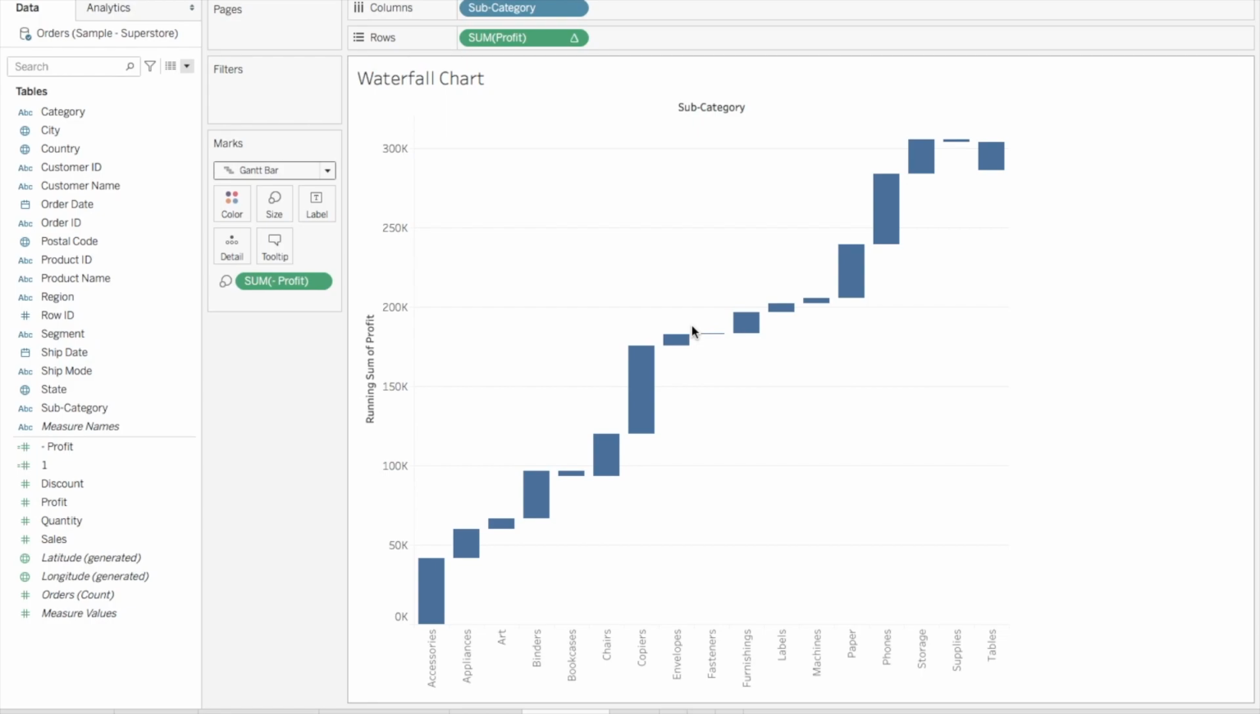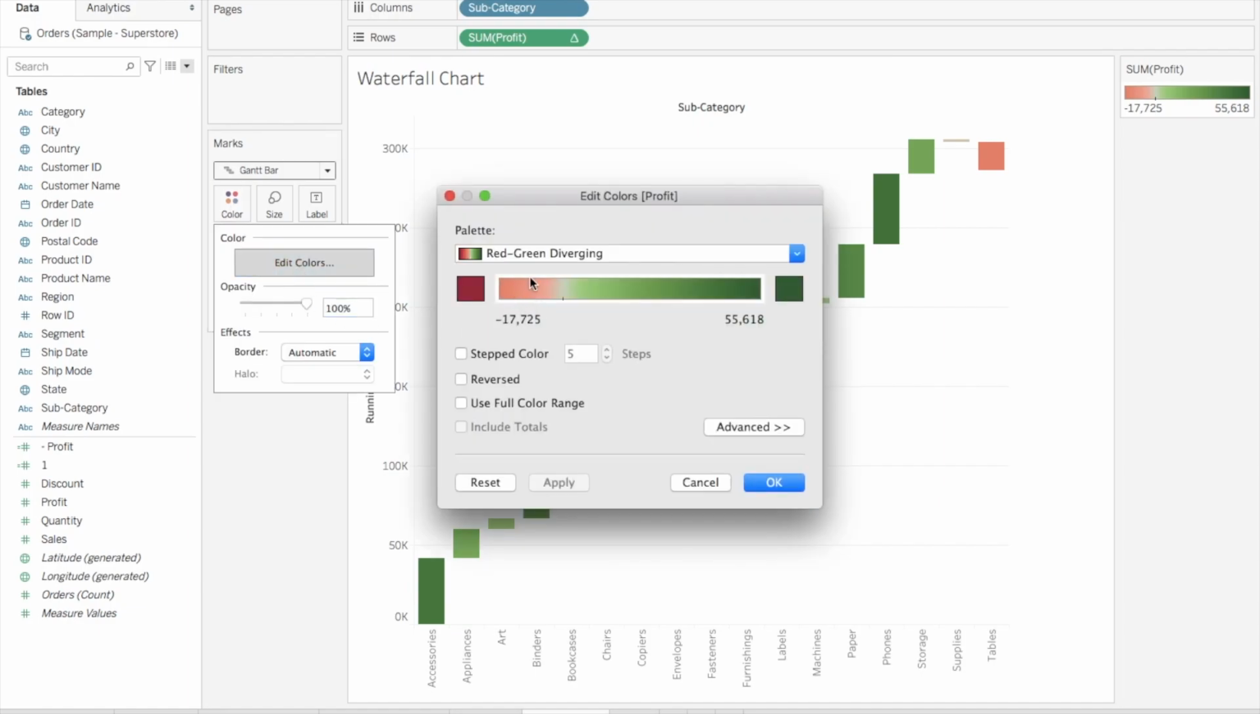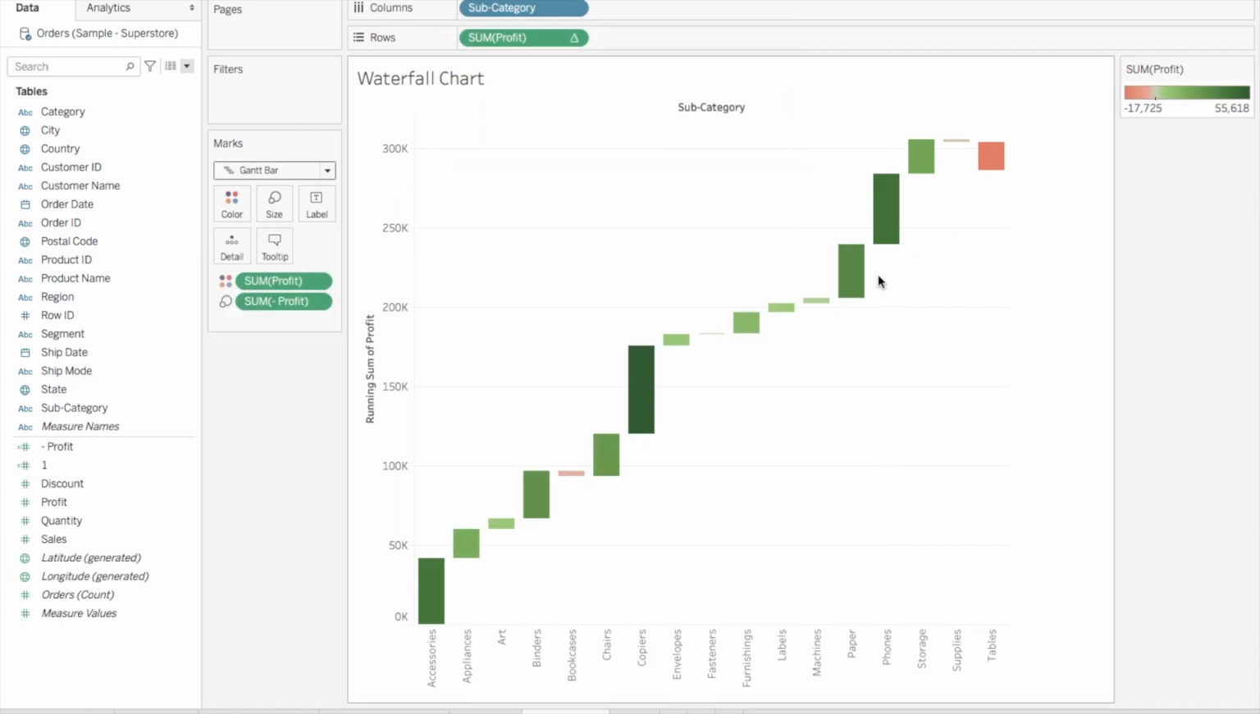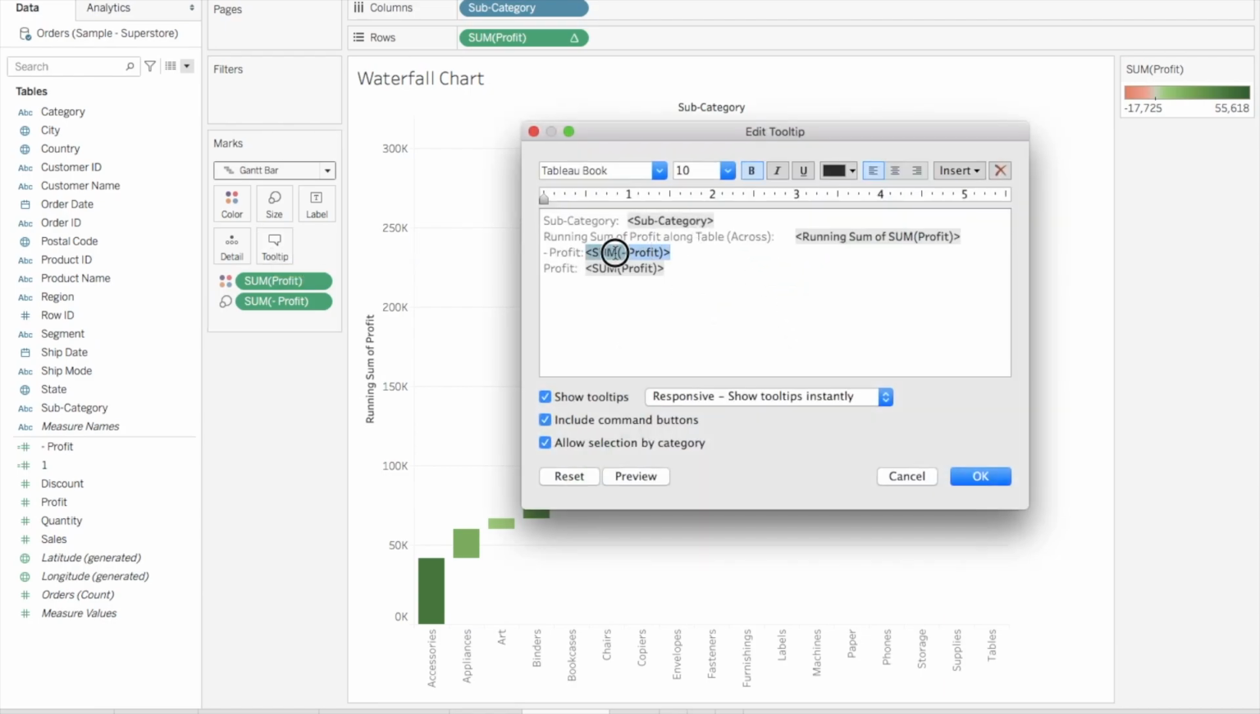But still this is not giving a very clear idea, so it's very important to give color coding to a waterfall chart. So I will again take profit and drag it into the color shelf. Okay, and I will change the color to red and green divergent. Okay, so yeah, it's already there. And don't forget to remove this negative profit from the tooltip, because since you have added this negative profit into the size, it came into the tooltip. So remove this,